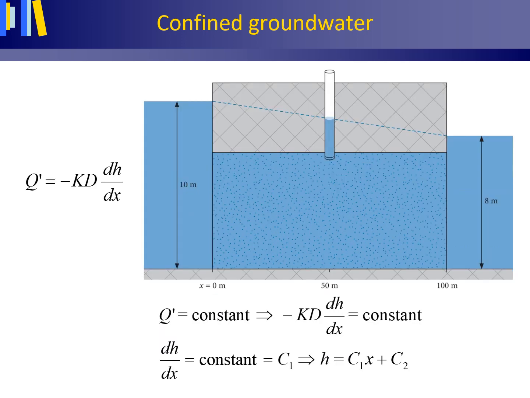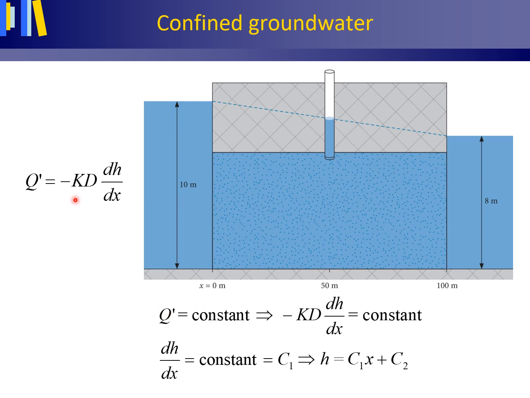We could also have derived this linear equation for the hydraulic head H with horizontal position X, H equals C1x plus C2, as shown in the Mathematics Toolbox M1 at the end of my book. We will combine Darcy's law with the continuity equation. And this is standard procedure in hydrology. We will also be doing this, combining these equations for other flow cases.